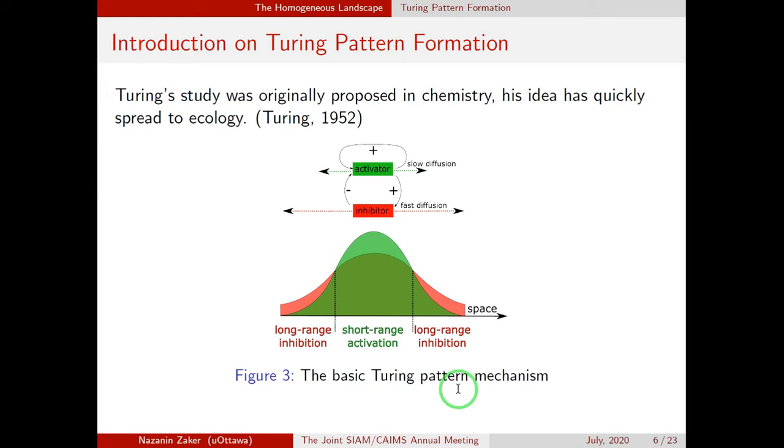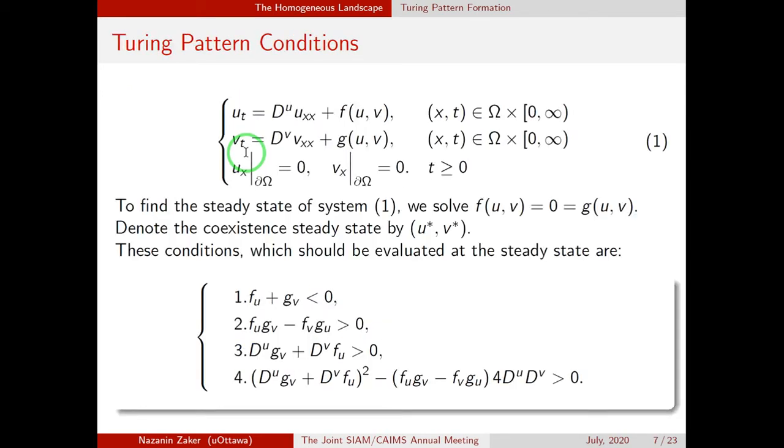Here we are going to study Turing pattern formation in ecology, and we want to focus on one of the most important interactions between species, predator and prey. So as the next step, we create our model. We consider our model as a predator-prey model and discuss Turing pattern formation in terms of equations for this type of model. So as we see here, we have denoted our prey by U, and we have denoted our predator by V.